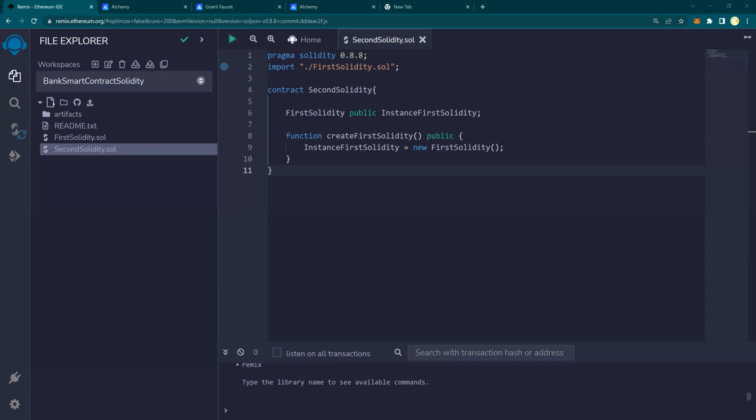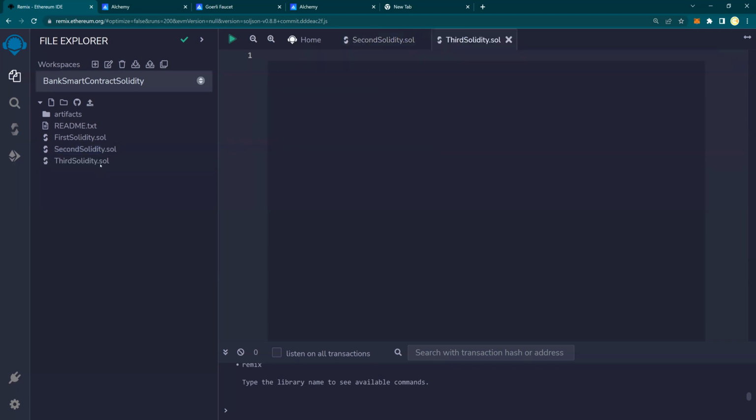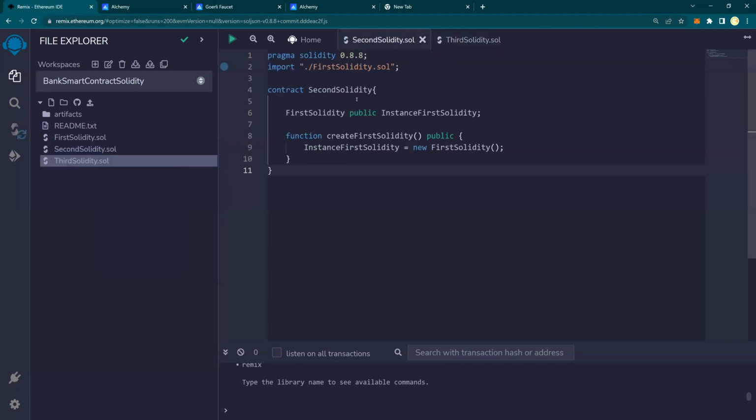So let's do that. Create a new file and say third Solidity.sol, and I'm going to copy the entire thing from here and paste it in the third Solidity. And let's see what changes we can make. So pragma remains the same, import statement remains the same, contract, we can make it as third Solidity,